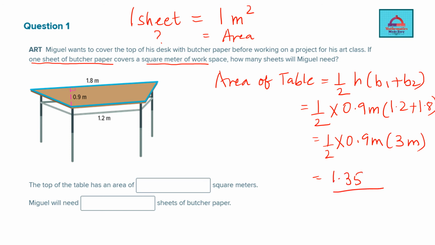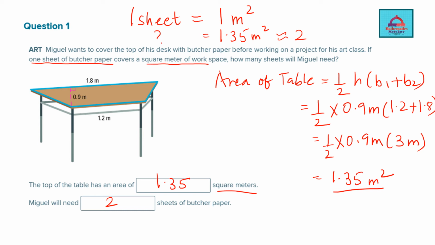So when you do that calculation, what you get is 1.35 meters square. So for one sheet, you got this much area. How many sheets will be required for the area? So now you can replace the area with 1.35 meters square, multiply them both. Because it is 1.35, a little more than 1, can we say she will require 2 sheets? She'll have to cut the second sheet in half and then use it for covering. So the area is 1.35 square meters and she'll need at least 2 sheets of butcher paper, because the second sheet would be used only for covering